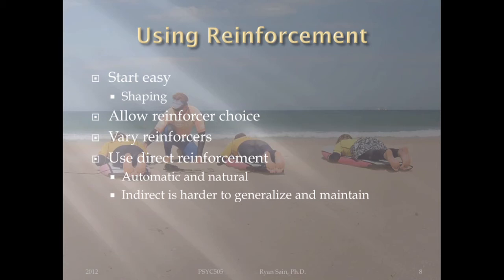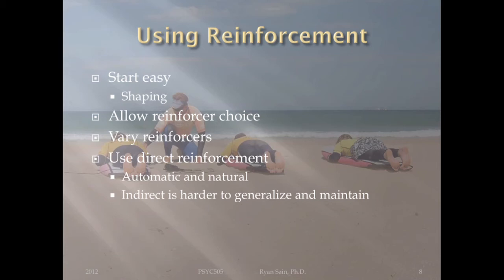A contrived reinforcer can be direct, right? So you got automatic and natural, and you have contrived, which is me giving you a reinforcer, like giving you the candy or giving you the toy or whatever it is for the appropriate behavior. But ultimately, you want the behavior of doing your homework to come in contact with the natural reinforcer, which is learning the material, right? And being able to pass the test. So you want that automatic and natural if at all possible.